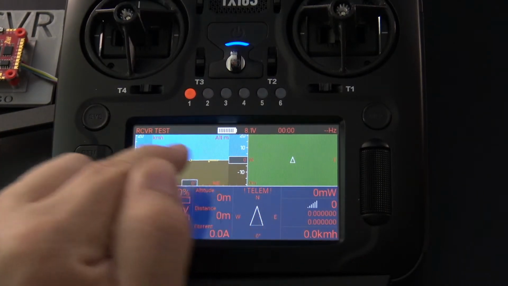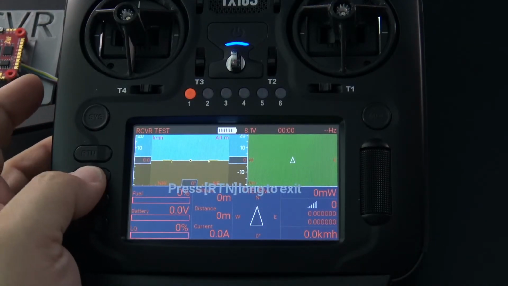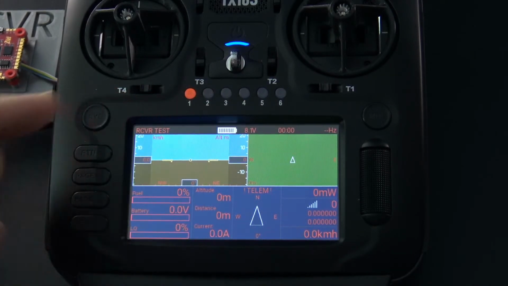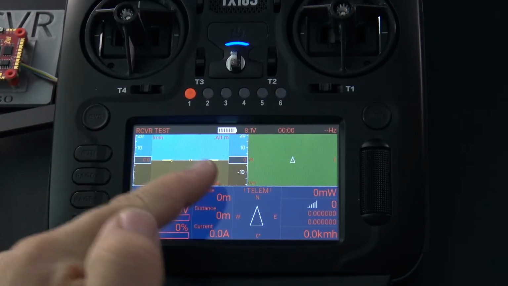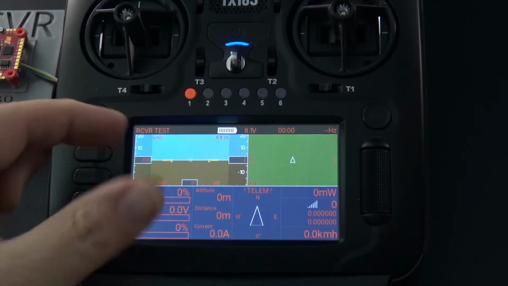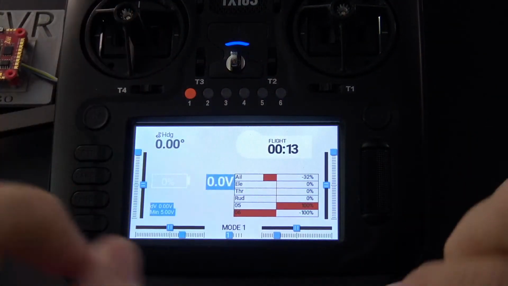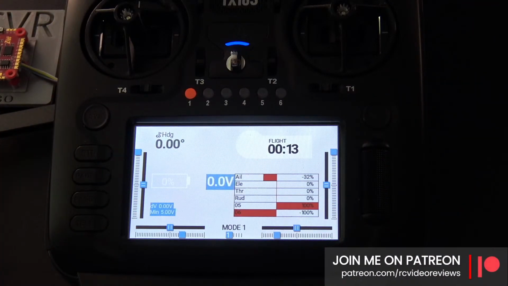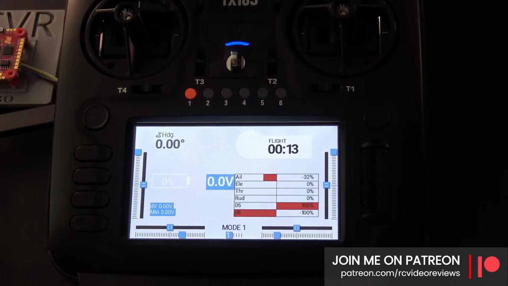If I long press this and I hit full screen mode, right now it's in full screen mode. So these bindings, the keys, can now be adapted to the widget itself. But notice there's no swiping, right? I can't go left and right. If I want to exit full screen mode, I can long press this button, but there's no visual indicator that I've actually exited, but you can tell because I'll be able to swipe. Okay. These are little nuances that have to be worked out, because they're adding a great deal of functionality to the platform. So just keep that in mind. They're aware of these things, and they know this needs to be done.